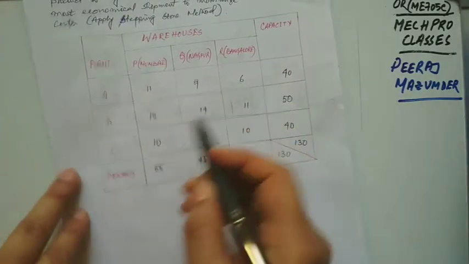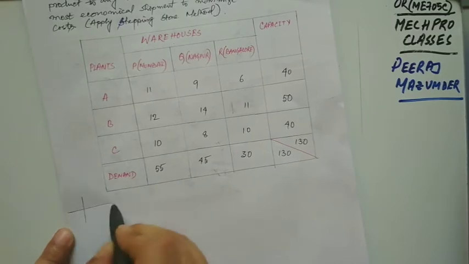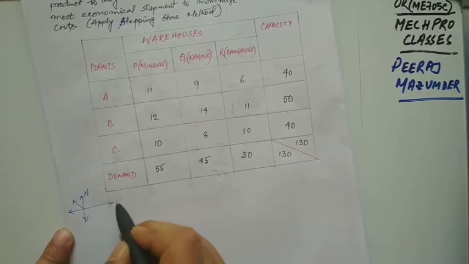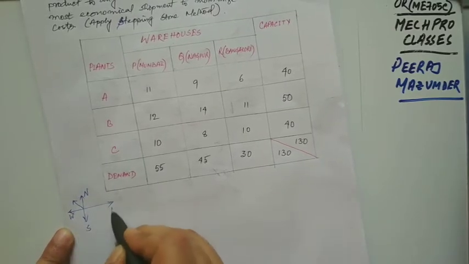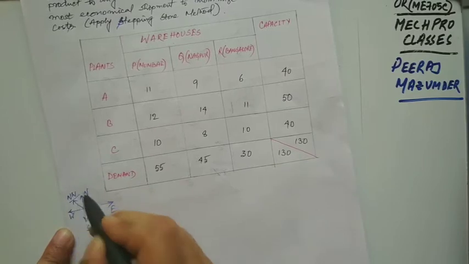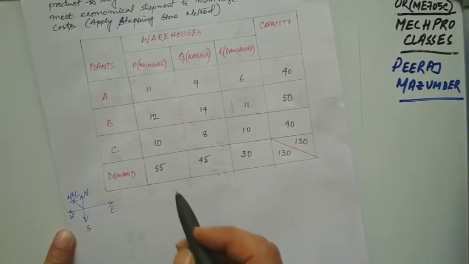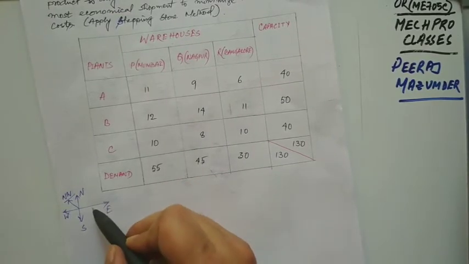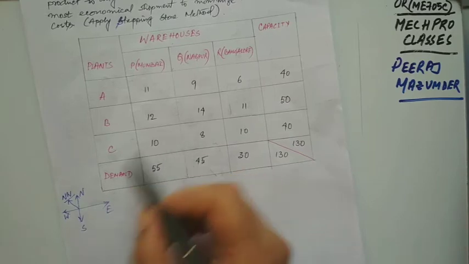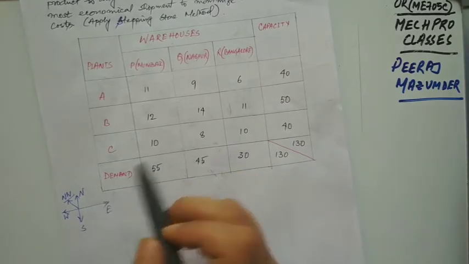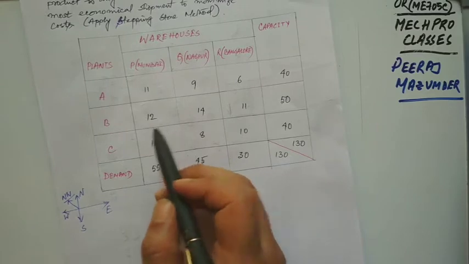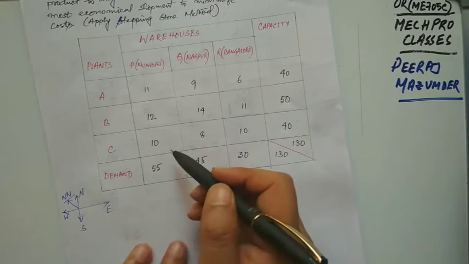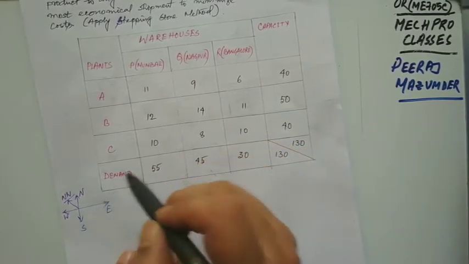As we know, in the northwest corner method we are using this direction. So this is north, this is south, this is west, this is east. So we will start filling from this direction only. If you haven't seen the northwest corner video, I advise you to please see the video on the northwest corner method for solving transportation problems. That will help you better understand this method. I will directly solve using this method only. I am not going to describe the method in detail.